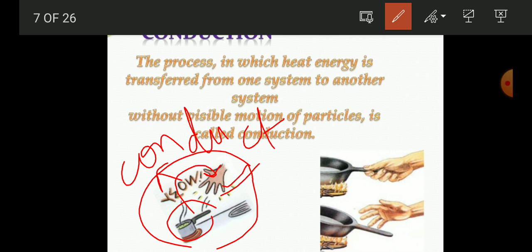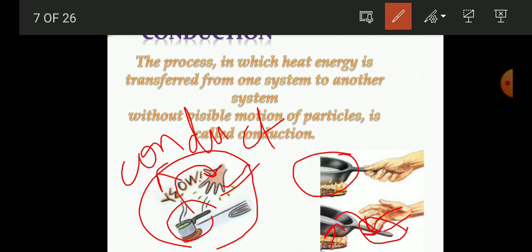So when you touch the pan or the cooking utensil, your hand will get burned because the heat is transferred from the pan to its handle also. That is why, students, the handles are made from plastic material or other insulating materials. Insulators are used to make the handles, and if you touch handles which are not made from an insulator, then your hand gets burned. So this type of transfer of heat is known as conduction.